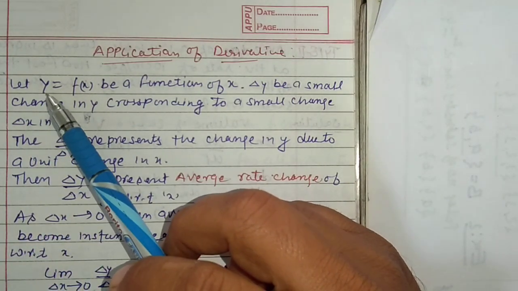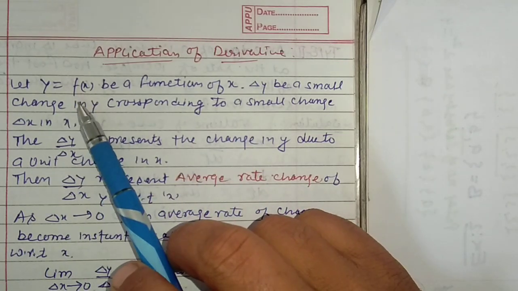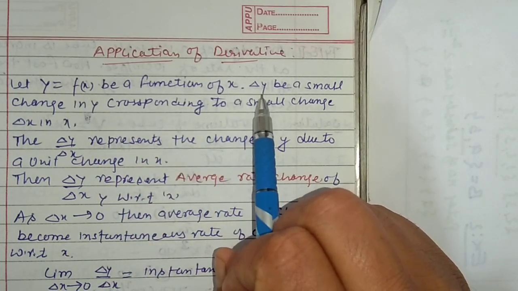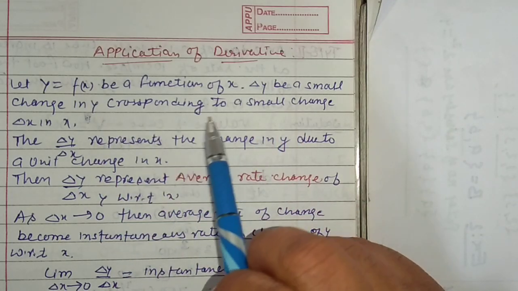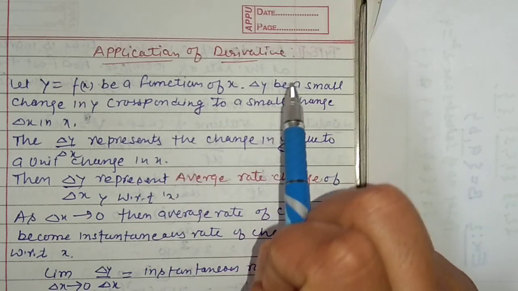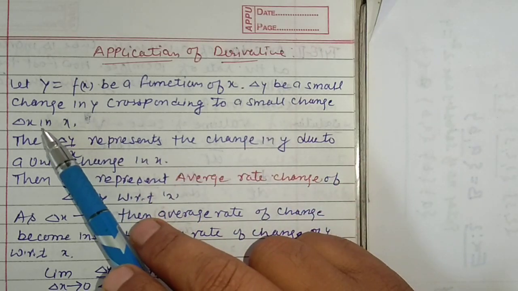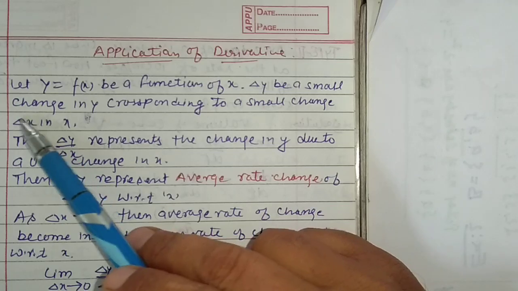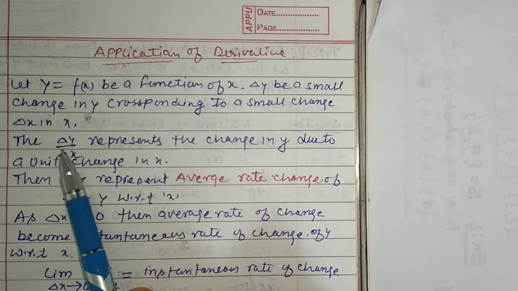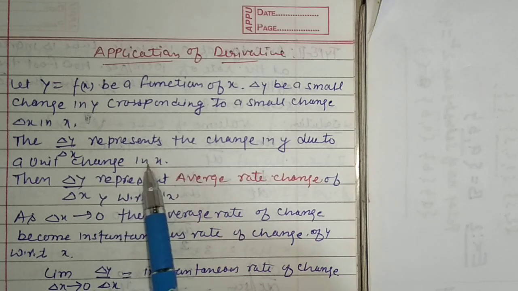Clear? Let y is equal to f(x) be a function of x. So y is a function in x. So del y be a small change in y corresponding to the small change in del x. Clear? तो del y में क्या है, अगर हम लोग स्मॉल चेंज करते हैं, so del y change corresponding to small change in del x, means जब हम del x में स्मॉल चेंज करेंगे तो किस में चेंज आएगा, del y में चेंज आएगा. क्लियर? So this is represented as del y upon del x. Clear? Change of y due to unit of x.